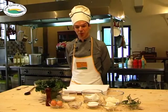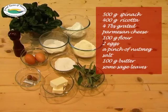Today we are going to prepare gnudi with butter and sage. Gnudi means naked because the gnocchi, the dumplings we are going to prepare, are like the filling of ravioli but without pasta. For this recipe we need 500 grams of spinach, 400 grams of ricotta cheese, 4 tablespoons of Parmesan